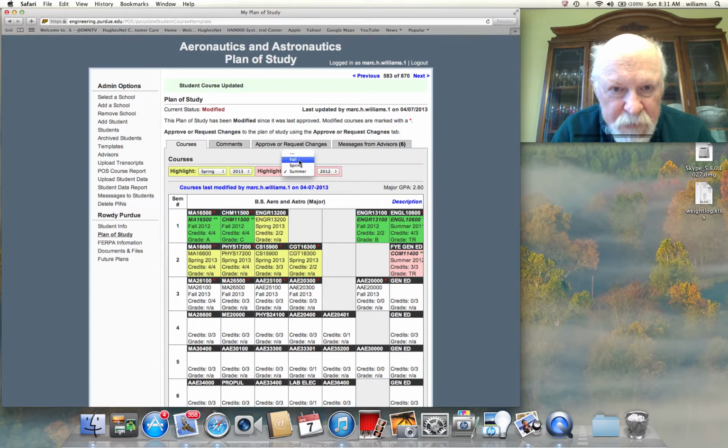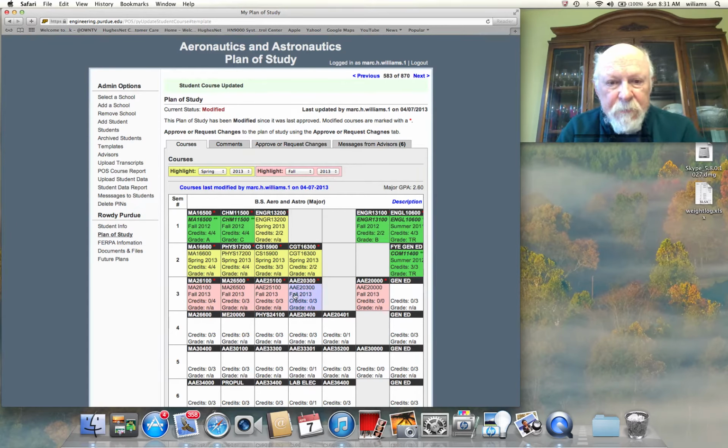By the way, let me change the highlighting to fall so that it's more clear what we loaded in. Okay, so let's suppose that Rowdy wants to do 16 credits. The clear choices would be a gen ed